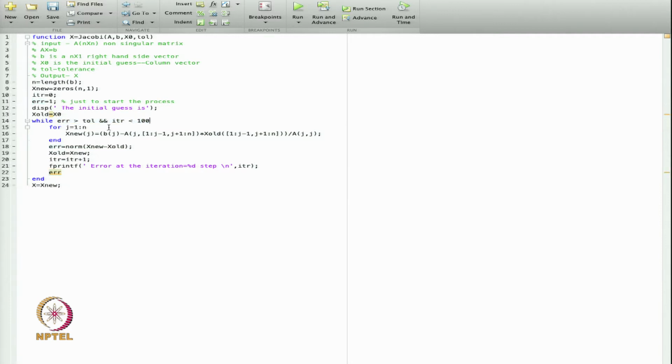So, now suppose my error is reduced and this error becomes less than tolerance. So, I will stop here, because in this case this condition is not satisfied and it will stop, or my iterations are too large and it is going more than 100. In that case also it will stop, and the answer I will get is x new, whatever the value of x new is, that will go to x, and this will be the output of my code. So, that is the Gauss-Jacobi method. It is a very small code for this one.